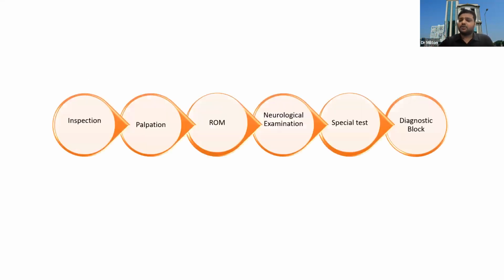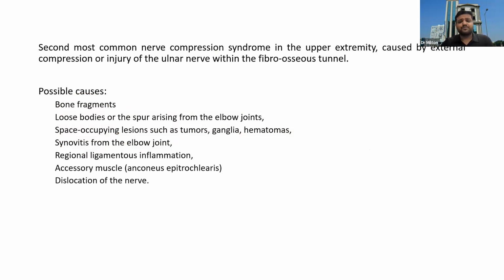After that, every patient needs the same things: the inspection, palpation, range of movement, neurological examination, special tests, and the diagnostic block. So here, most of the time, we know that median nerve entrapment is mostly at the wrist area. It is the first entrapment syndrome in the upper extremity. But the second entrapment syndrome is mostly ulnar nerve entrapment at the elbow area, especially because